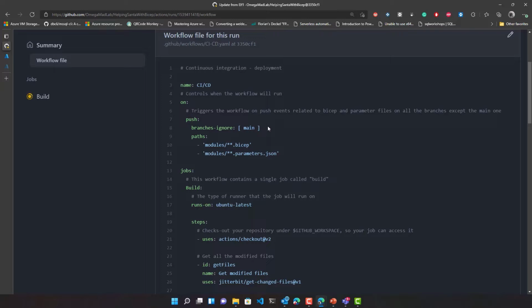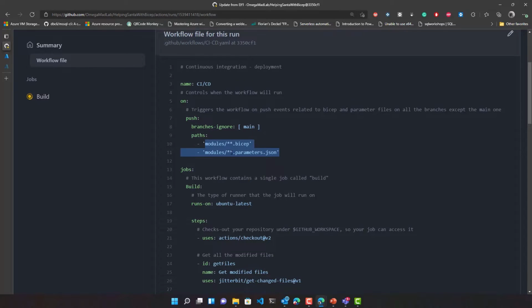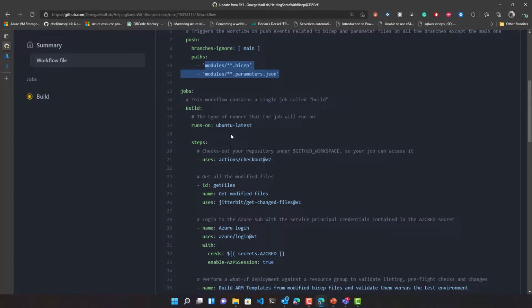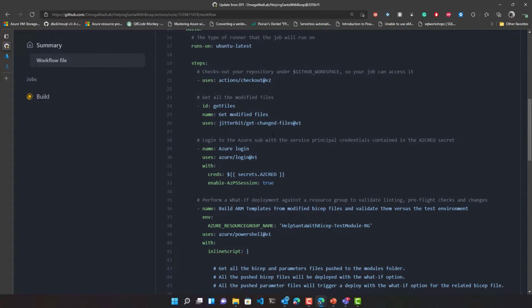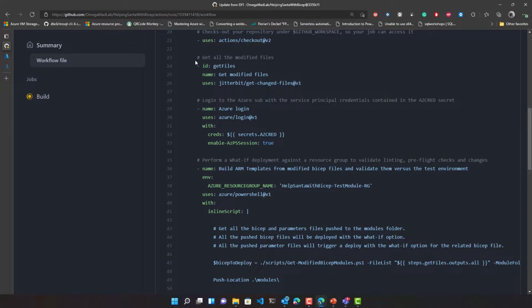It works on every branch excluded the main one, and it looks for changes to Bicep and parameter.json files inside the modules folder. It runs on an Ubuntu latest runner, and the main steps it does are these.